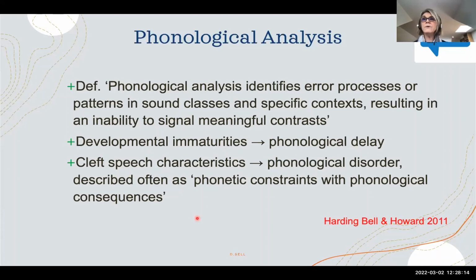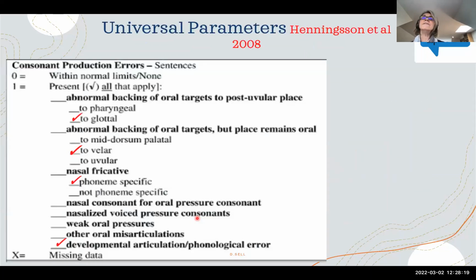I now just want to look at another way of looking at a data set. So the universal parameters was recommended as a tool for collecting outcome data and not for clinical purposes, but it is in fact often used for this. So what I wanted to show is, okay, I'm going to take that data I've just looked at and I'm going to map it onto this system, which is a description of presence or absence of those particular processes or cleft speech characteristics. And you can see there we've ticked all of those that have occurred,